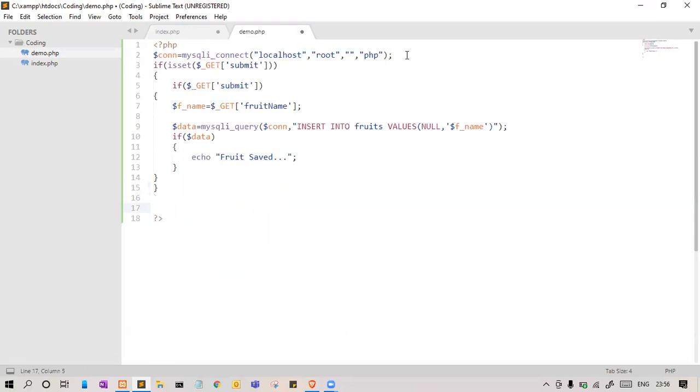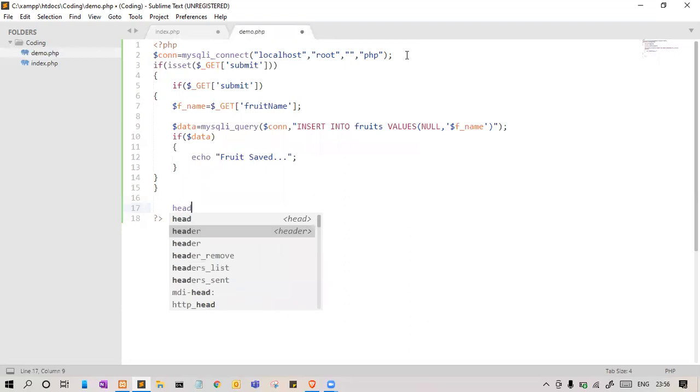You can see in the URL, index.php will change into demo.php because we are redirecting. But we don't want that. We want our code to stay in index.php.